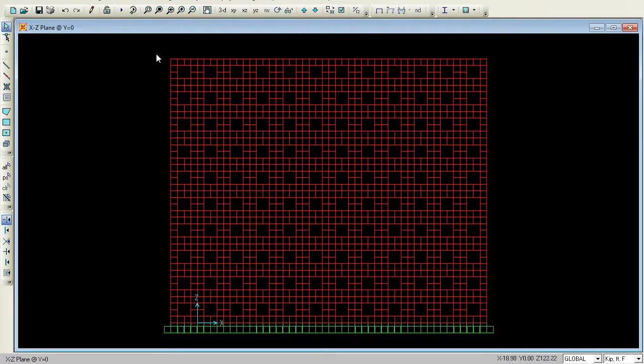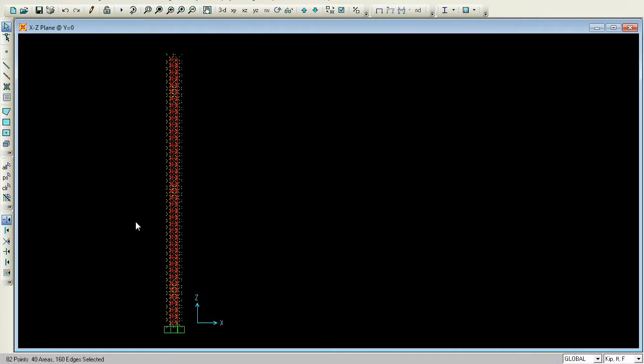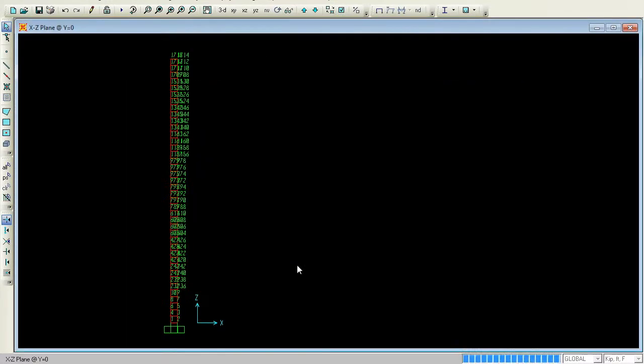So if you want, I'll try to just break this member. If you can just see, just try to select the member. You can now view, show selection only. So now you are able to see only the selected members over here. Now I'll just press clear, so you can see the members properly over here. And now I want to give the labels to this. So go to this and just go for joint labels, press OK. So I am bothered to give it at every single floor. Okay, since I am familiar with this, it's okay for me.